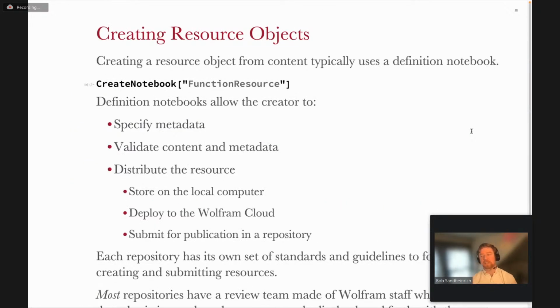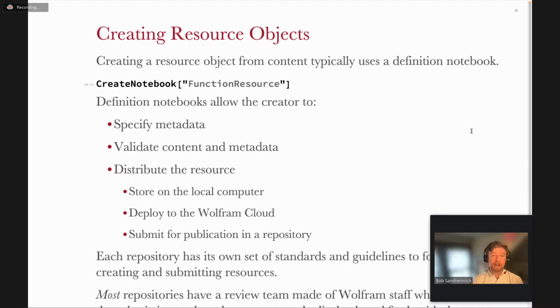All right, so that's the end user portion of the talk. So hopefully it makes sense how you can find resources and use them, and they all should just flow seamlessly into standard Wolfram Language development, whether it's data that works just like any other data, or functions that work just like any other function, or neural nets. You can access them and just use them right away. But now I'm going to talk about